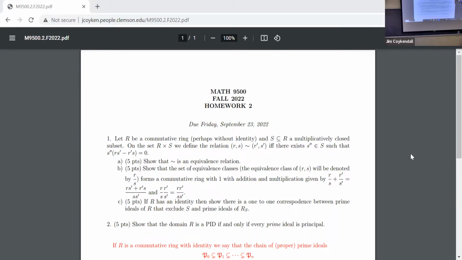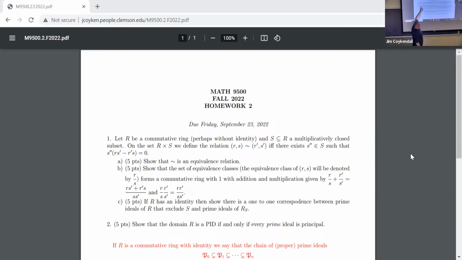As I sort of promised, this is kind of a sweeping up details kind of thing. Let R be a commutative ring, commutative, but for most of this problem, perhaps without identity. Let S in R be a multiplicatively closed subset. Of course, you can say that doesn't mean zero, but maybe I'll allow that here. I want to define on the set R cross S the equivalence relation: the ordered pair (r, s) is equivalent to the ordered pair (r', s') if and only if there exists an s'' in S such that s'' times